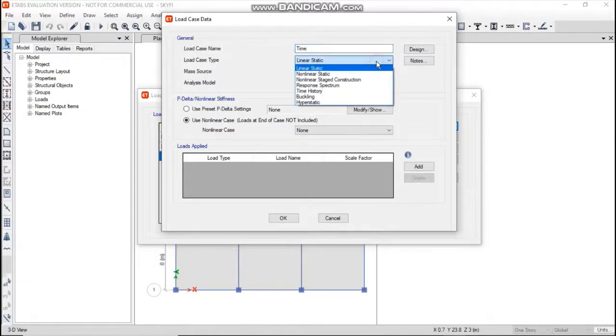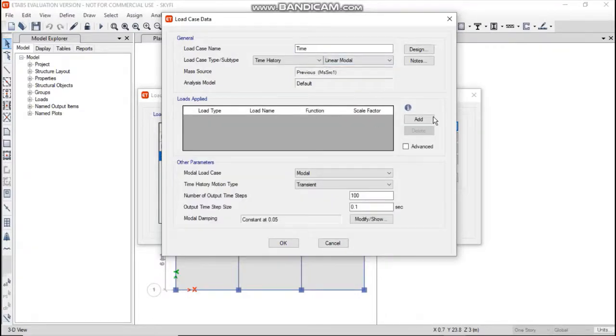The load case type will be time history and click on add. The load type would be acceleration. Remember that the time history analysis is done only in X direction. So there is no need of U2 as we have done in response spectrum method.